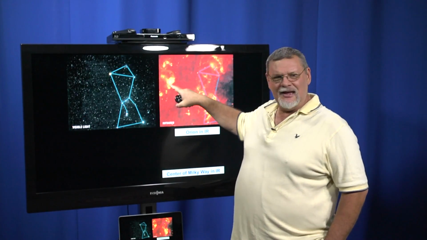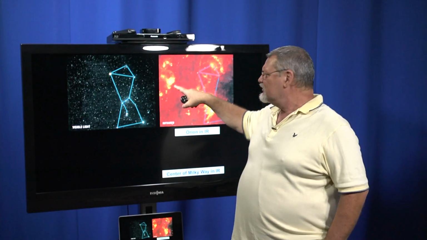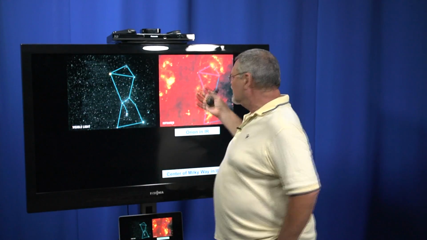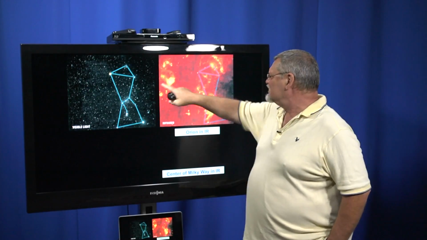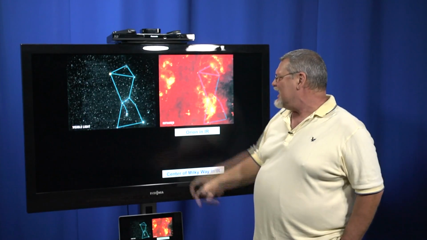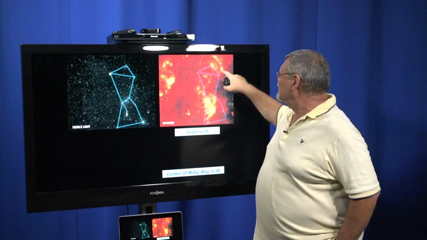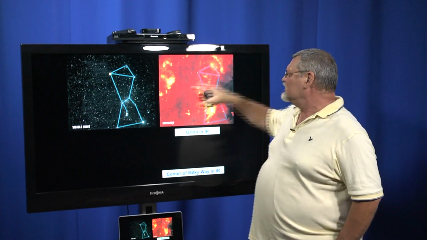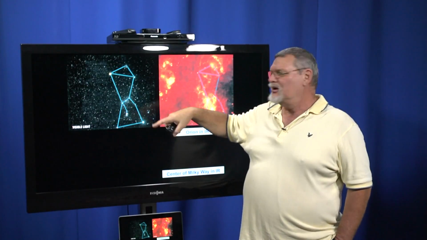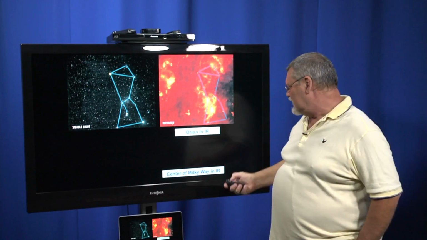In infrared light, there's a lot of infrared light over here. When we look over here, we don't see much at all. There really isn't anything there. In other words, by looking at the universe and the galaxy in infrared light, we're seeing much more of our universe than without it. And we can tell there's something going on out here. There are some objects out here that are emitting mostly in infrared, which means they're cooler than most objects, but there is something there.